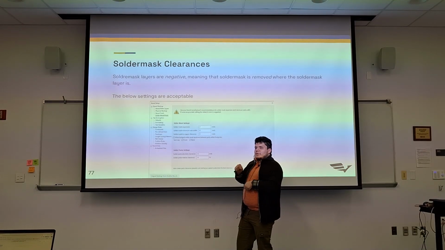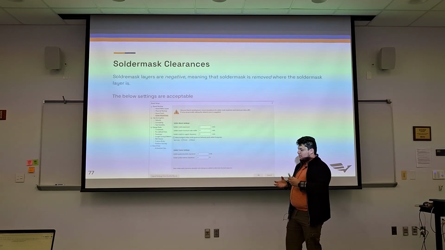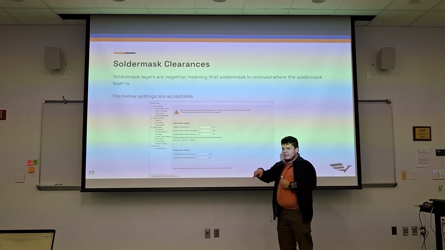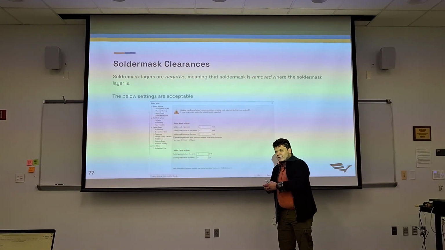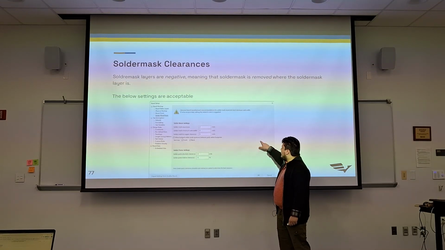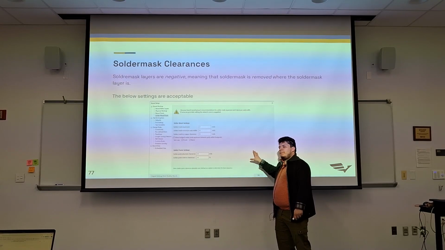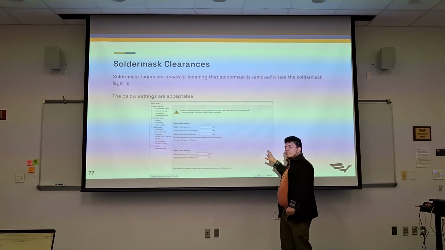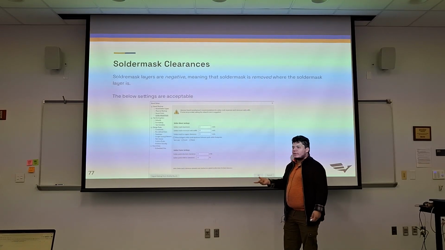But if you want test points at the top, you can choose not to. What that's going to do is create solder mask clearances. Wherever you see purple or pink in the design, that's a negative, so there isn't solder mask there. If you see purple around a via or around a pad, that means that's exposed copper, and everything else is covered by the solder mask, which is the green or whatever other color you choose